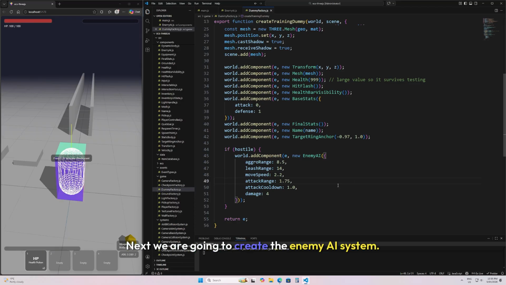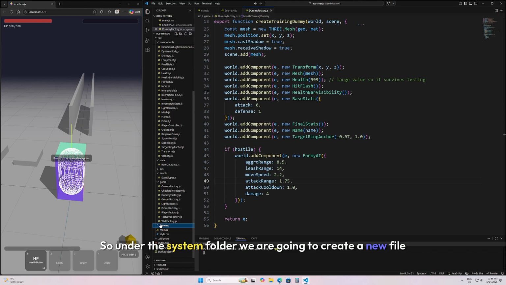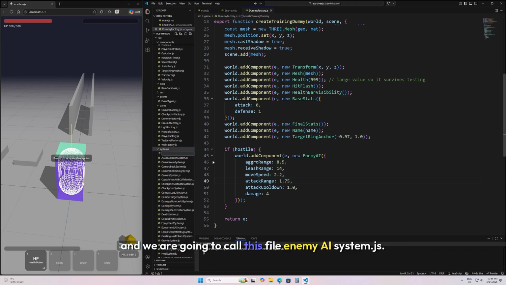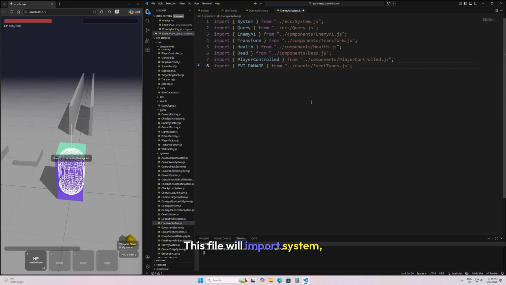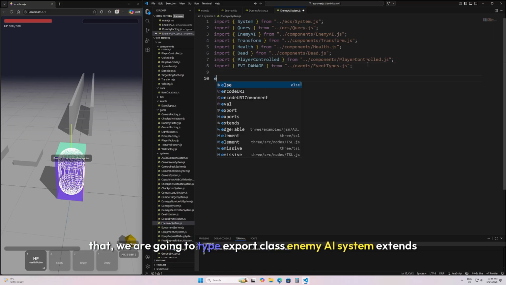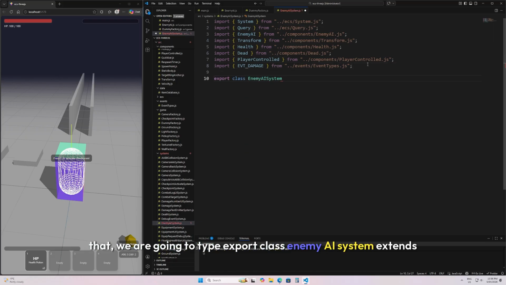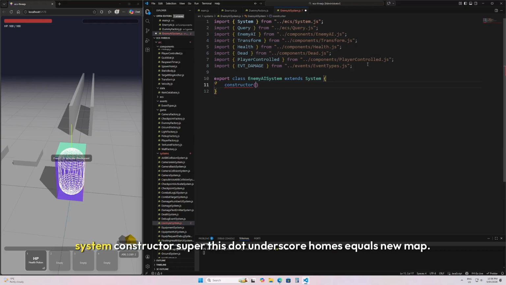Next, we are going to create the EnemyAISystem. So under the system folder, we are going to create a new file, and we are going to call this file EnemyAISystem.js. This file will import System, Query, EnemyAI, Transform, Health, Dead, PlayerControl, and EventDamage. After that, we are going to type export class EnemyAISystem extends System constructor super